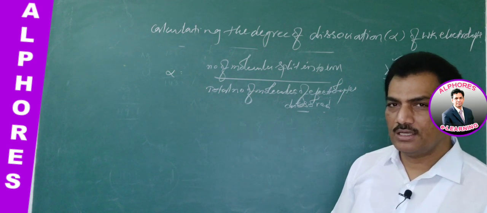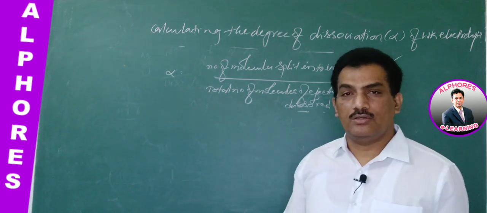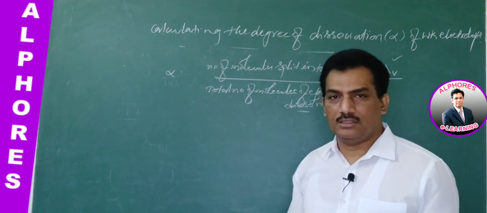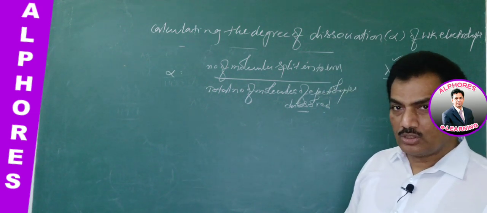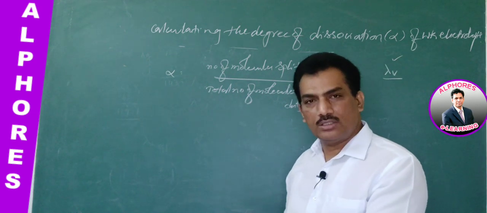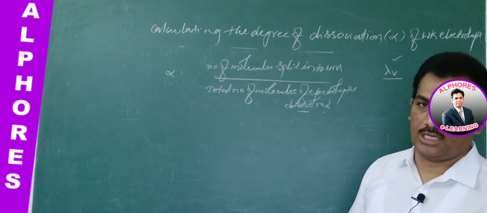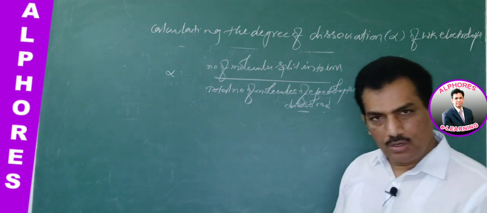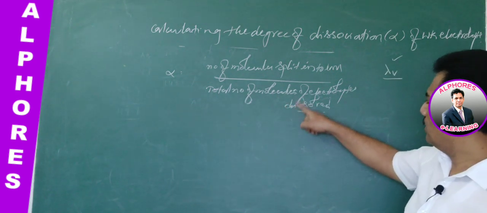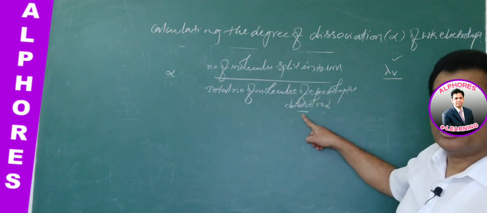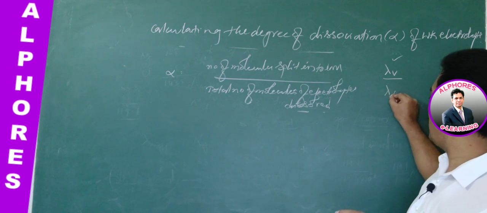Just what we are saying is that when the molecules which are dissolved undergo 100% ionization, the maximum extent of conductance, that conductance is known as conductance at infinite dilution, or conductance at zero concentration, or also limiting conductance of the electrolyte. Is it not? So in all these cases, when the total molecules are dissociated, it is responsible for the conductance at infinite dilution. As we know, it is nothing but lambda infinity.